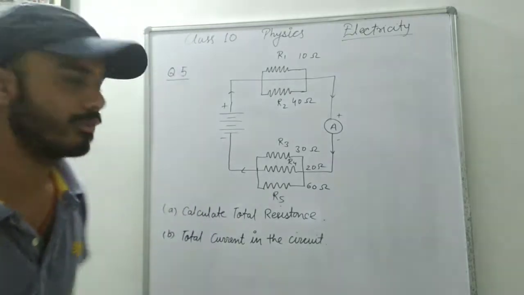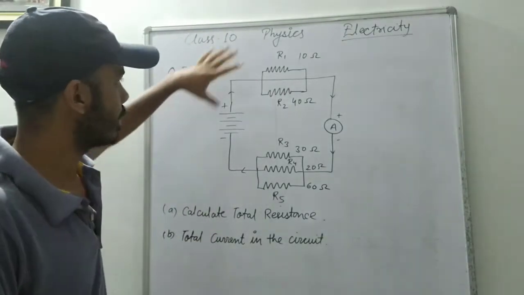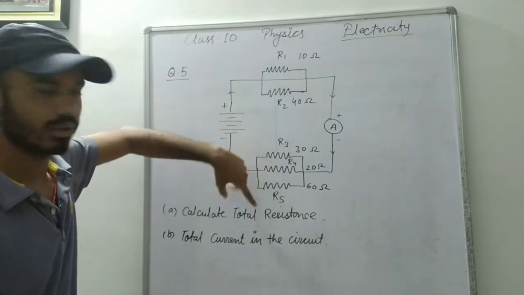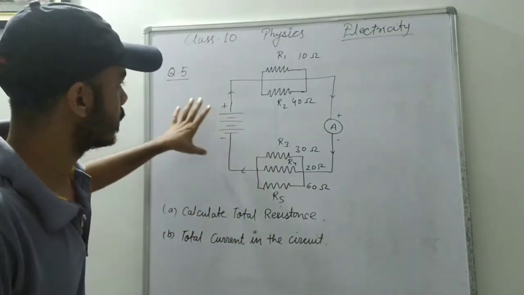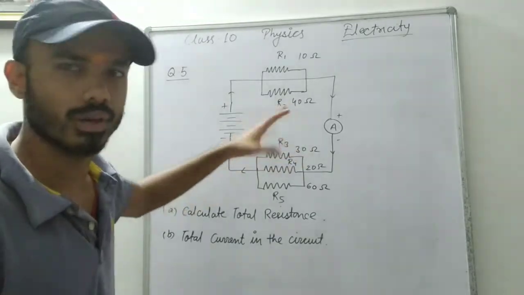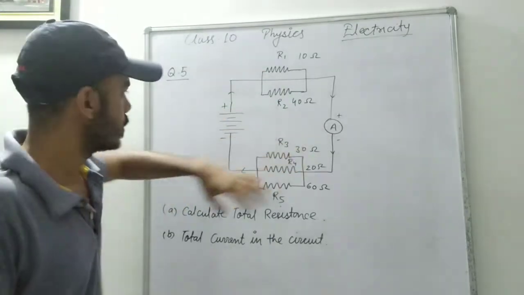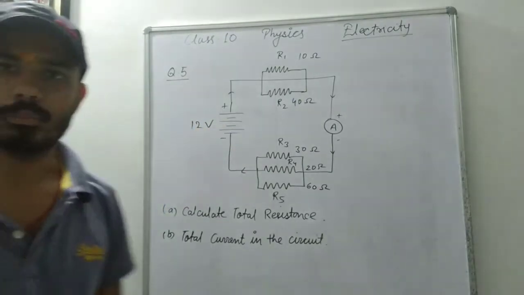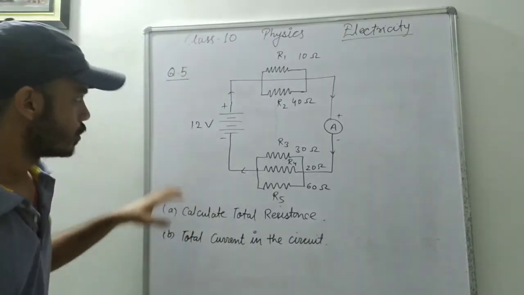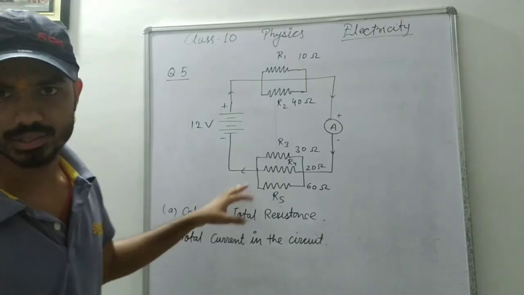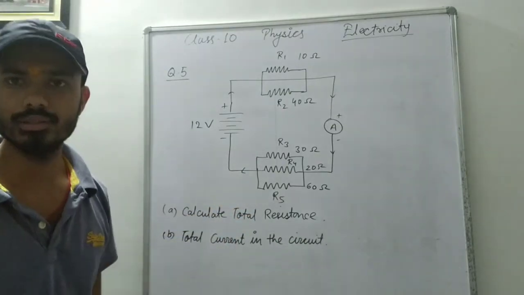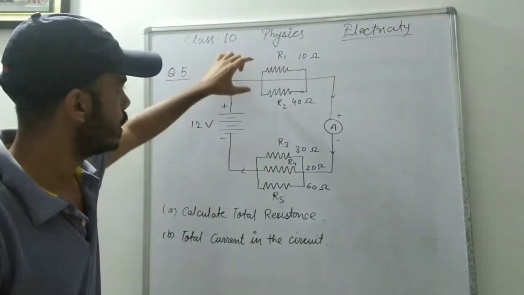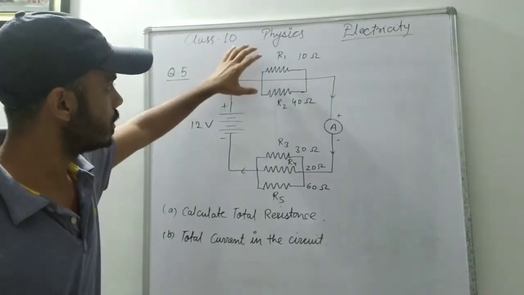Yes, now question number 5. In this question an electric circuit is given in which five resistances R1, R2, R3, R4 and R5 are connected in series or parallel combination. One meter is attached and a 12 volt battery is supplying power in this electric circuit. For this circuit we have to calculate the total resistance and the total current flowing in this circuit. So here we have 5 resistances, so first of all we have to calculate the equivalent resistance for both the